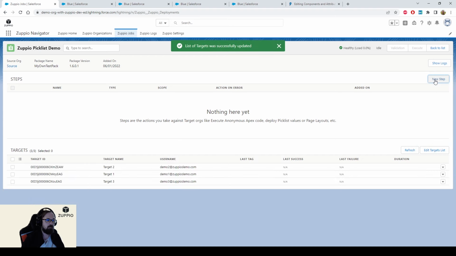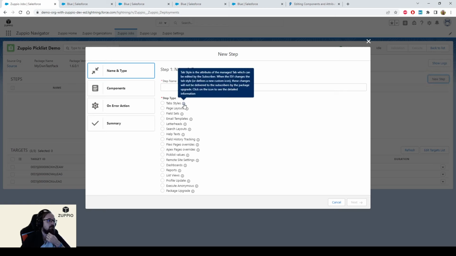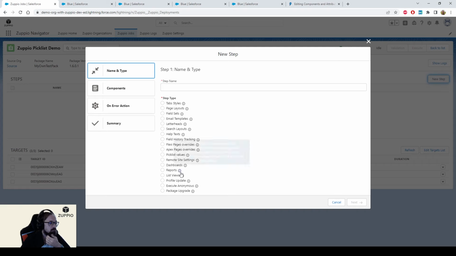Now we create a new step. That's what you see right now. That's basically all of Zuppio functionality in one place. You can see all types of metadata that we support. Each of them has this info. So we select picklist value,